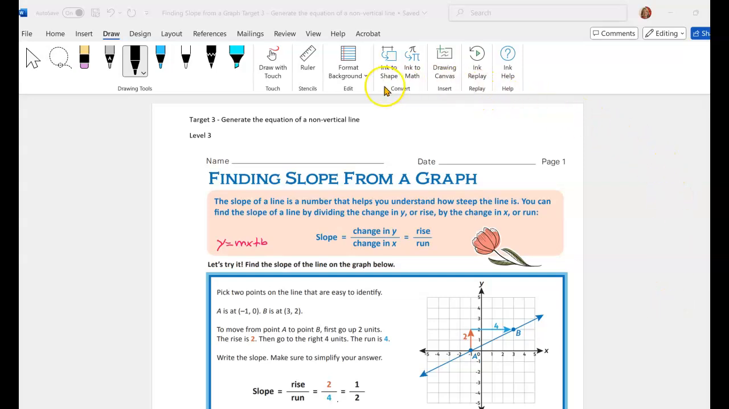We are finding slope from a graph. Target 3, generate the equation of a non-vertical line. This is level 3. Why? Because we're working with the equation. Well, it's actually the formula for the equation of